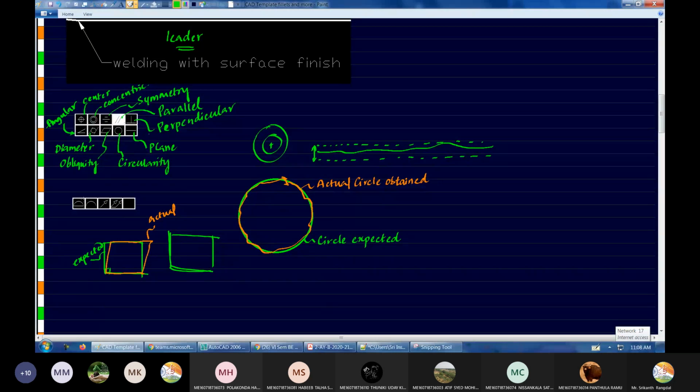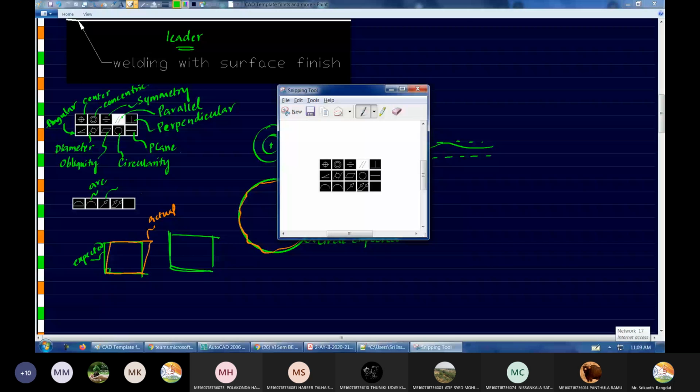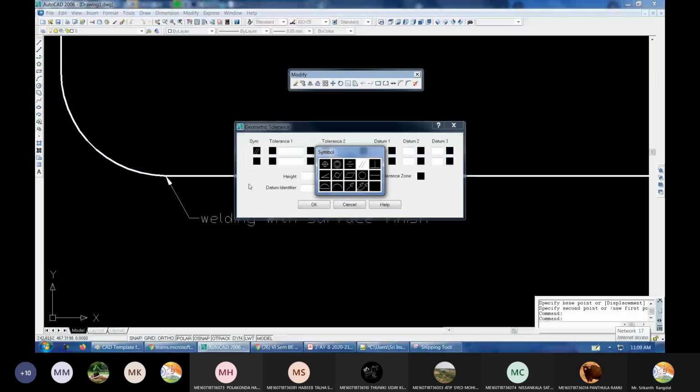Now coming here, once again, this is arc. I'm not sure about these diagrams; we'll have to check it and come back to this later. This is for arc roundness, you can say, and this is a closed one. I don't know why. These things we almost never use, and hence I'm not sure what they are. All these tolerancing values you can use in the dimensions.